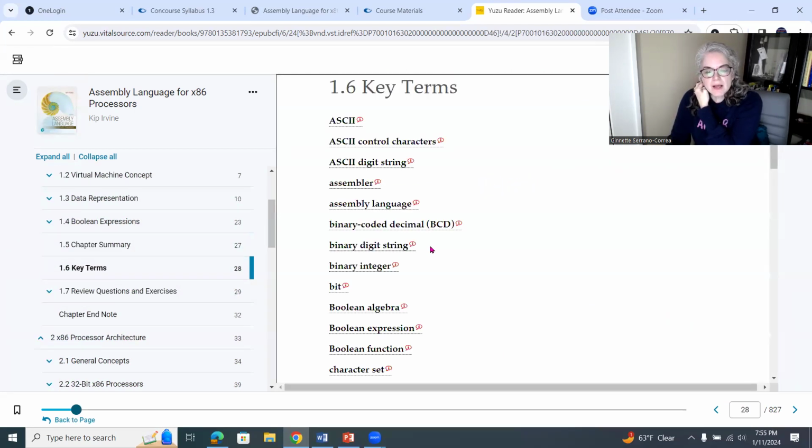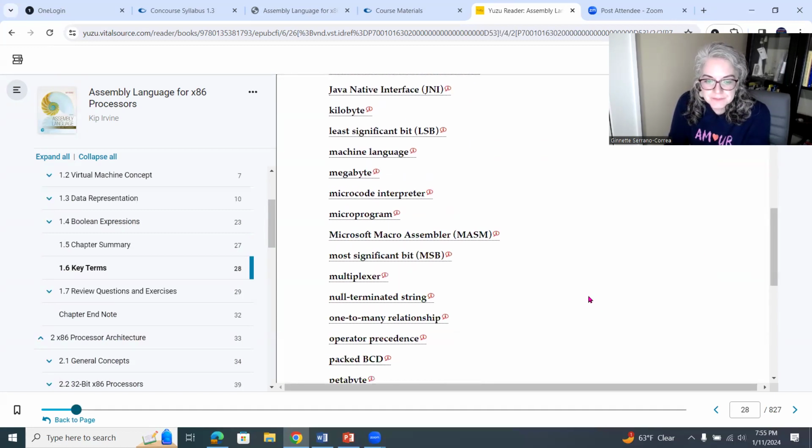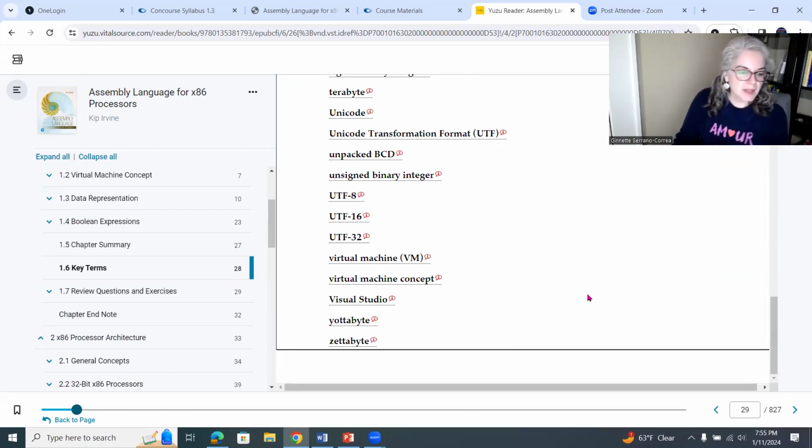Very important. Our class requires that you know a lot of vocabulary. Programming requires that you know a lot of vocabulary, because you can't really answer a question if you don't understand the terminology. So if I say something like, in the following Boolean expression, or will the following Boolean expression result in a true or false? Or which of the following is a Boolean expression? So you're like, what's a Boolean expression? What is Boolean? So you have to make sure you understand the vocab. There's a lot of vocab.